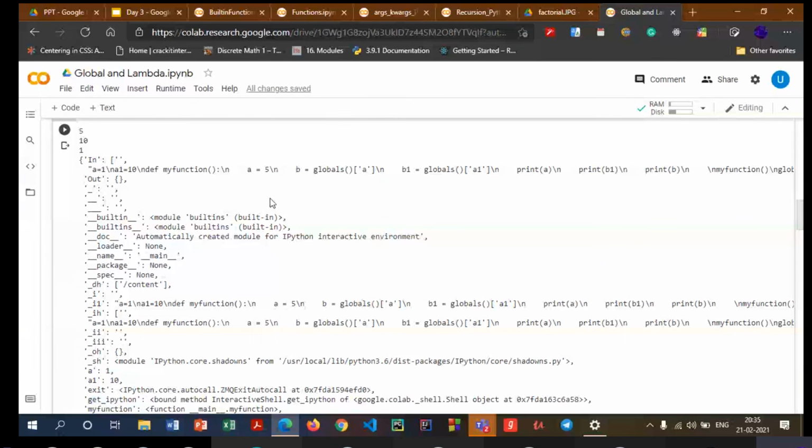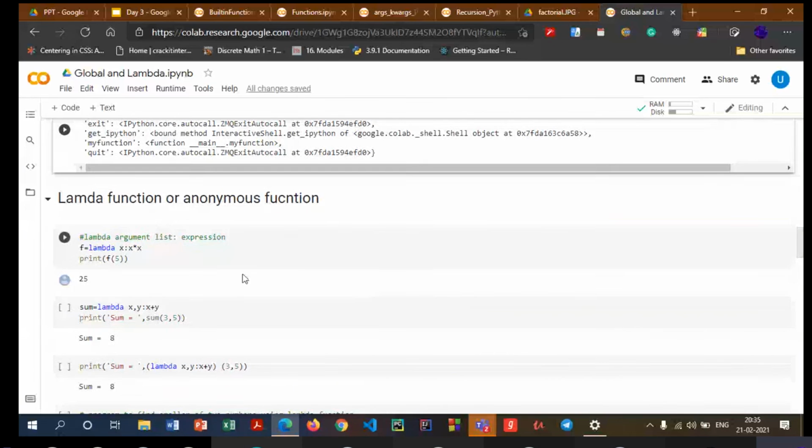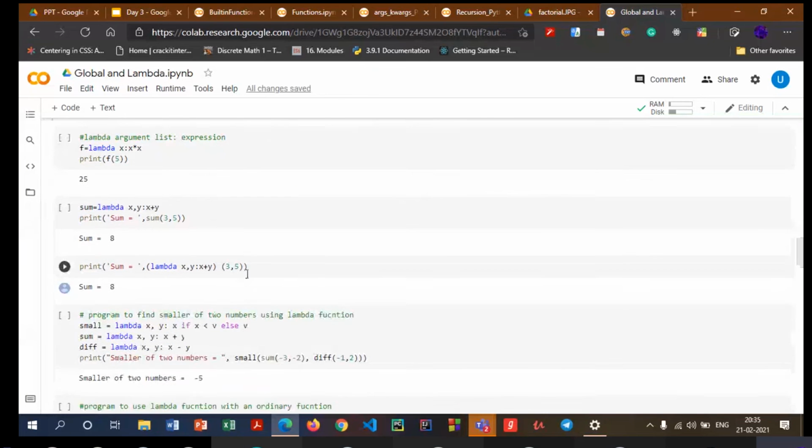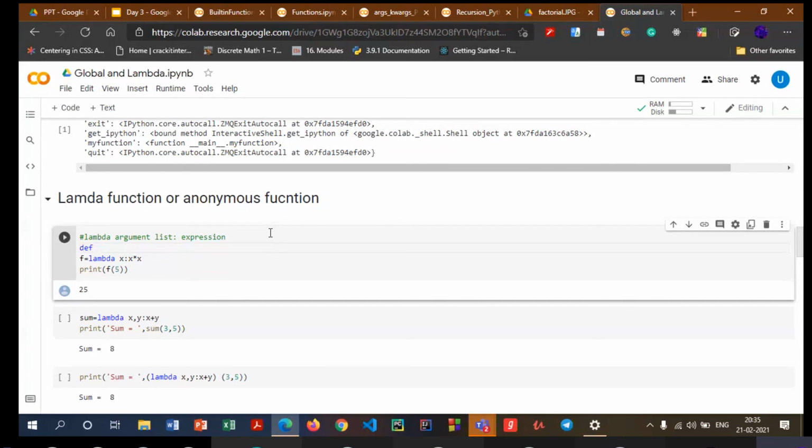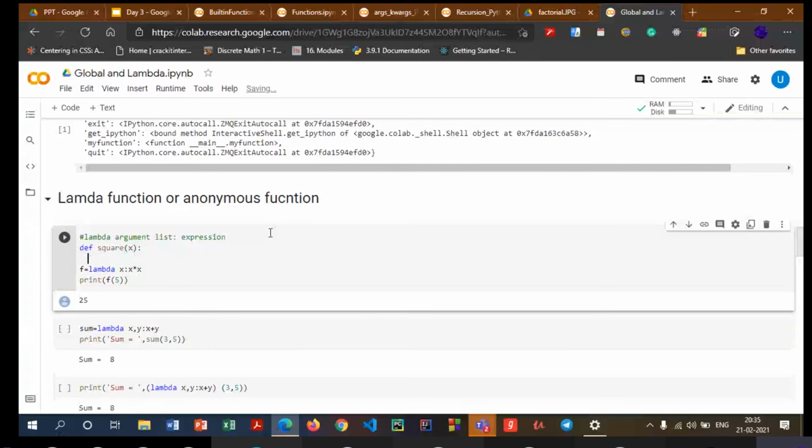Now we'll have a look at Lambda functions as quickly as possible since we are running out of time. So what are Lambda functions? These are simple declarations of complex functions which we have seen. So for example, instead of having a separate function to calculate the square, if I want to take an x value and then output x square x. So this is what I actually wanted to return.